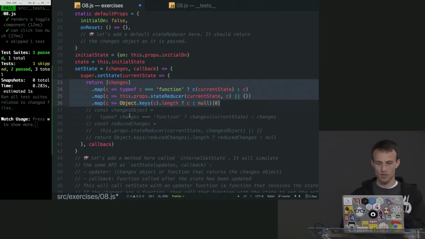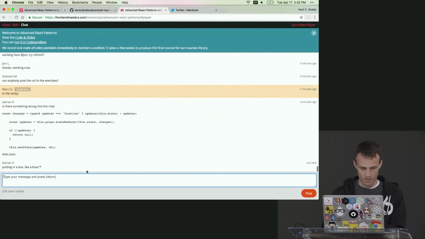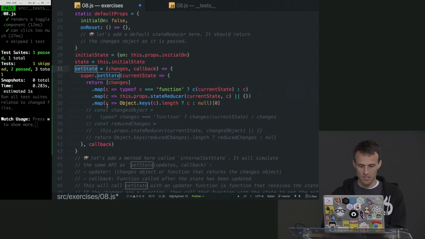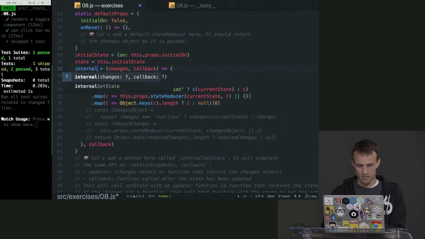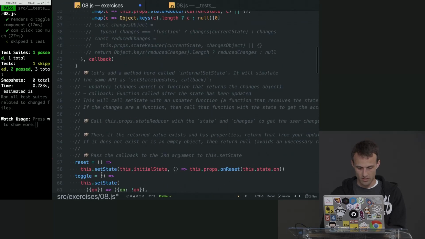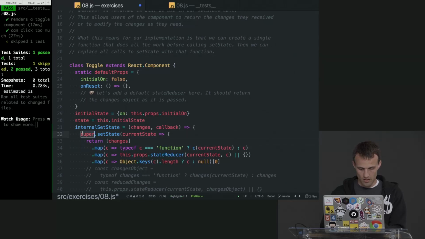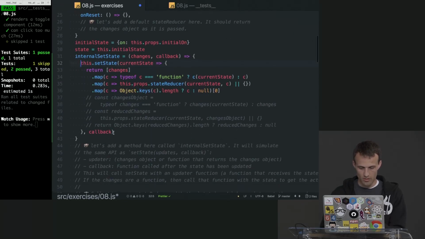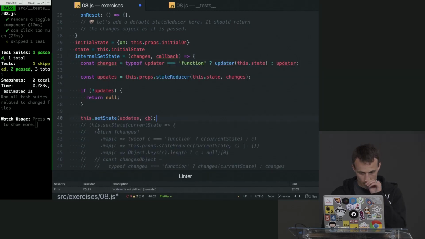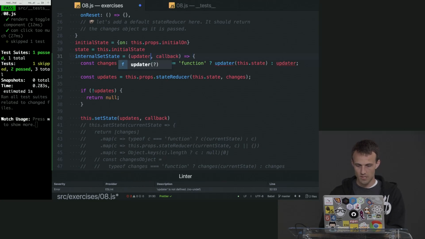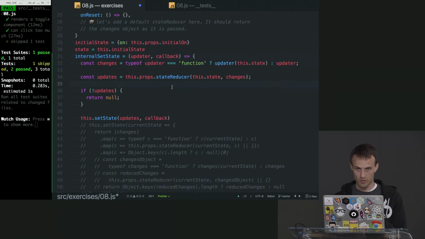Yeah, okay, so here, maybe I'll copy it over, and the tests pass. So I'm going to change this back to internal set state so I don't confuse myself. Okay, so their solution, comment that some more, was something like this. We'll change this to callback and change this to updater. Oops. Okay. So there are a couple of problems with this